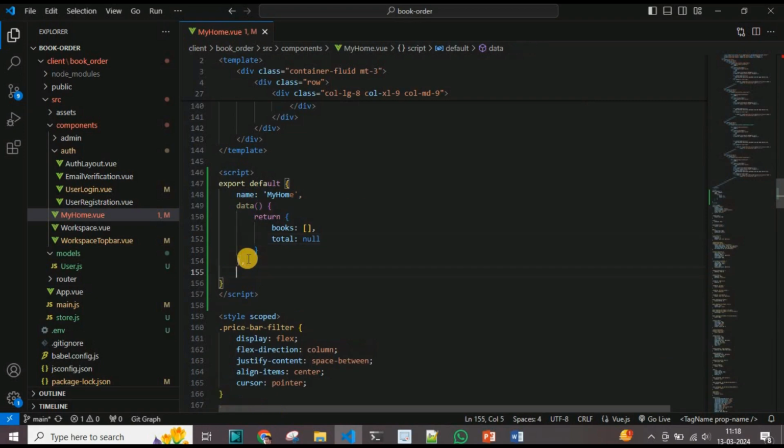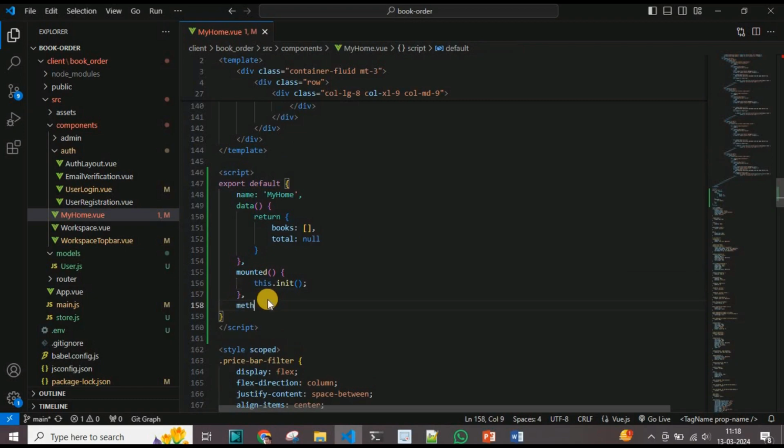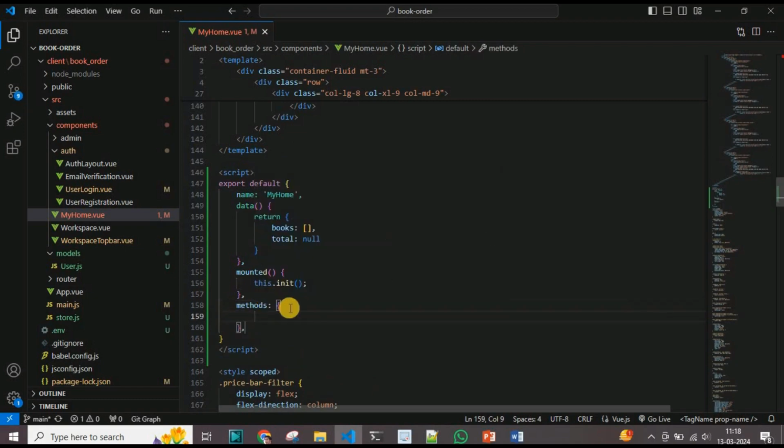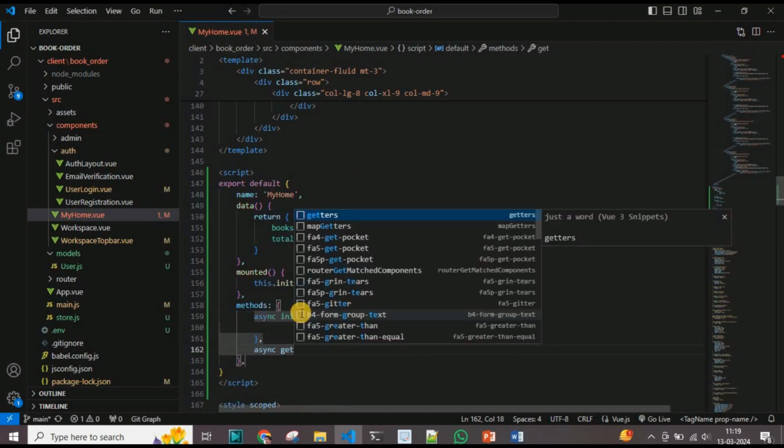Next, the mounted hook. I will call the init method, which will actually call the get books API to get the books. So basically the mounted lifecycle hook is a function that is called after the Vue instance has been mounted to the DOM. This hook is commonly used for performing actions or initializing data. So here I will call this method async init, and I will call this getBooks,